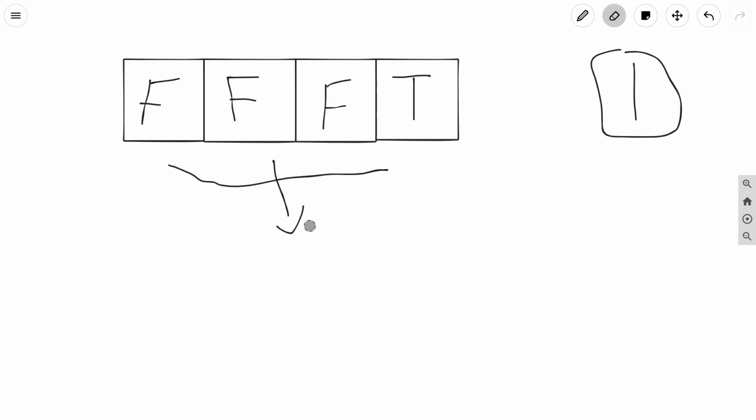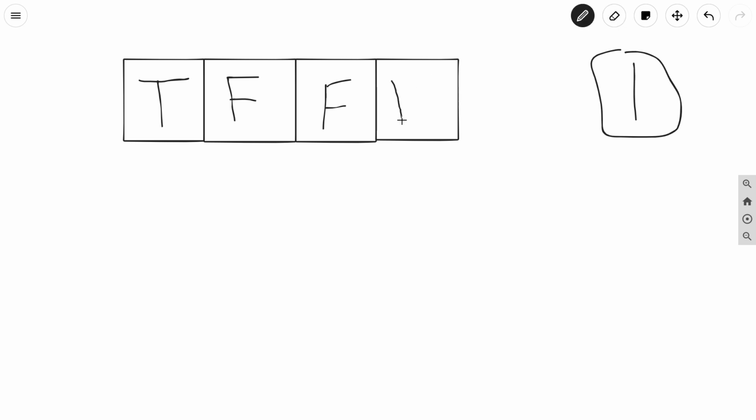Also we can do another operation. This was true, and we can just remove this T and add F here. So again the answer in this case is 3.